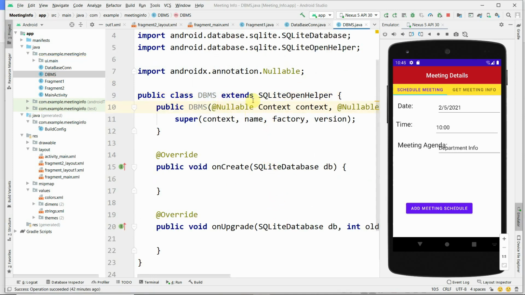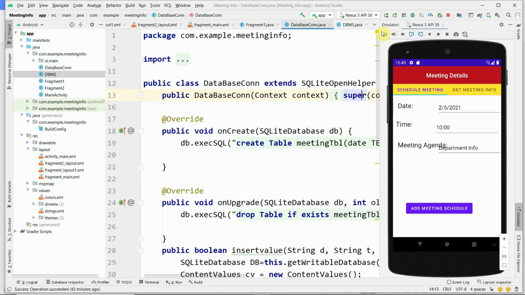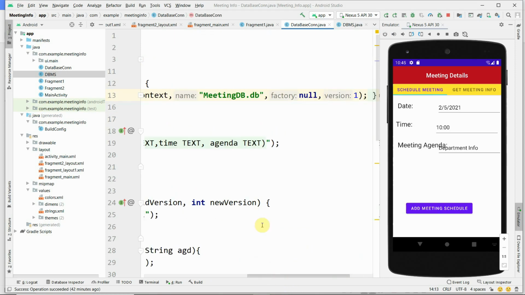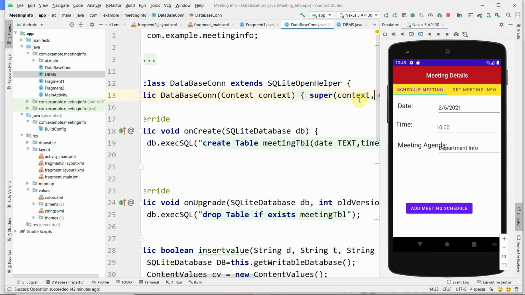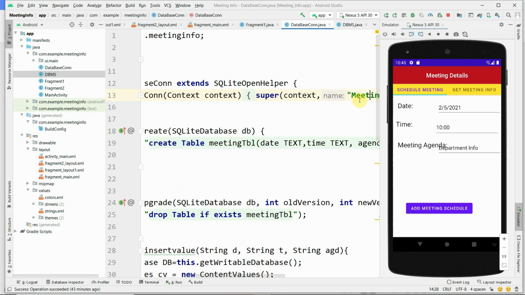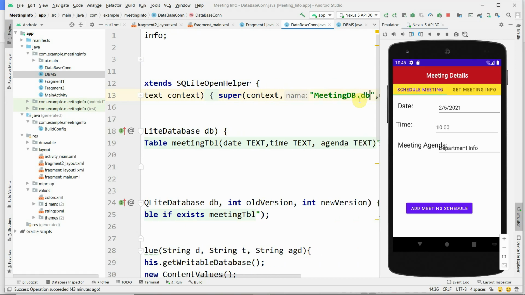Now in the super we have to write the context and the name of the database. In the super method, the context is already there, and in the name you have to type the database name, meeting.db. You don't need to change the context, it is already existing.